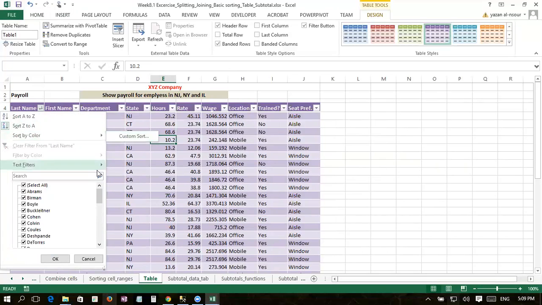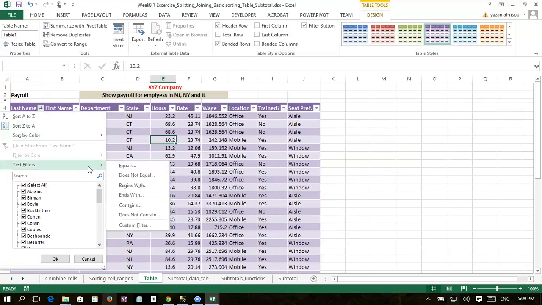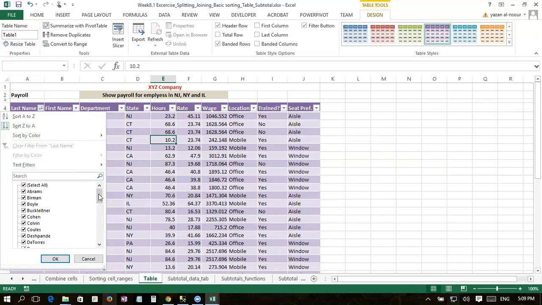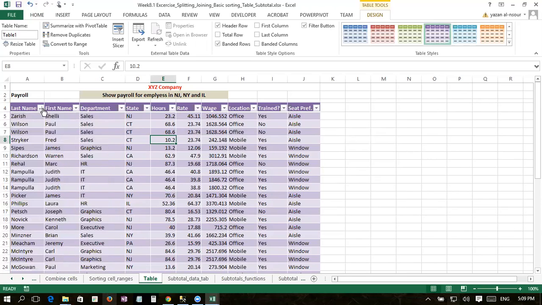You can apply text filters, and you can use the graphical interface to pick certain values you want to search and filter accordingly, like the normal filter, but Excel does it for you without you applying that. So it's by default. Once you create a table, you will find those filters, and of course you can always clear the sorting or the filters by just clicking on it again,